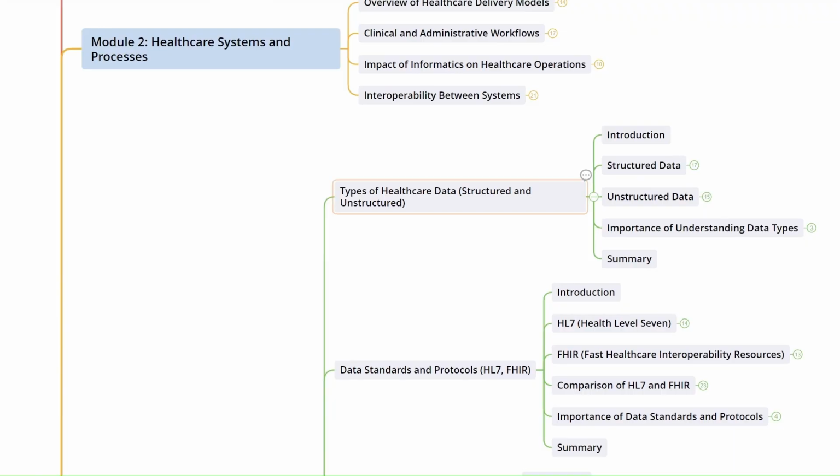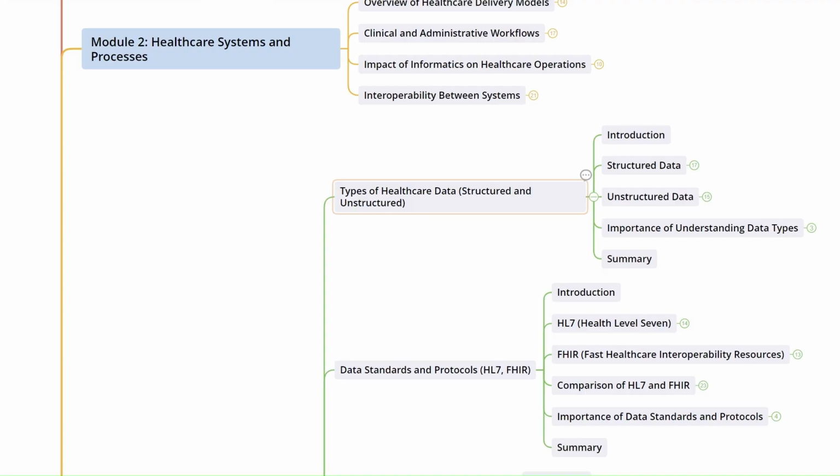Types of healthcare data, structured and unstructured. Healthcare data is diverse and complex, comprising both structured and unstructured forms. Structured data refers to information that is highly organized and easily searchable in databases, such as lab results, billing codes, and patient demographics. This data is crucial because it can be efficiently processed by algorithms and systems to support clinical